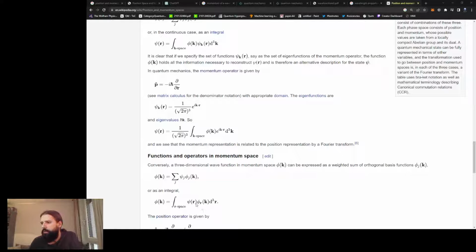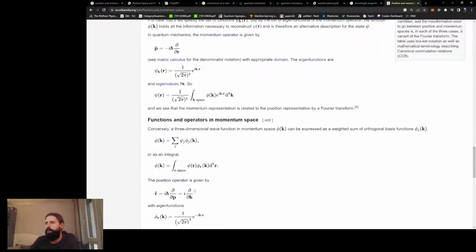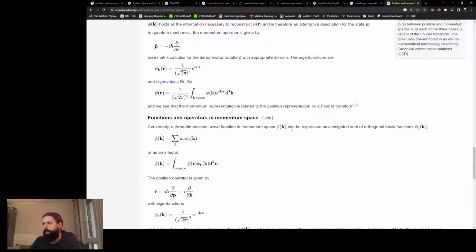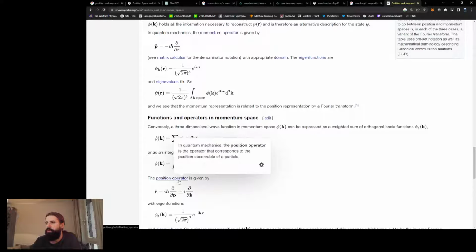So why can I just assume that that's psi of r? I understand, I'm following the concept. I can pick bases, but why is that true, right? That you can write it as this integral. The position operator